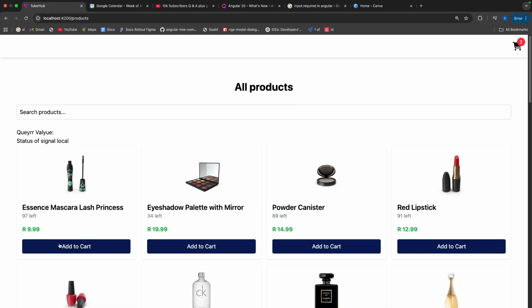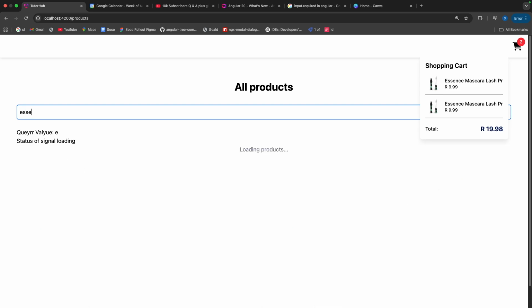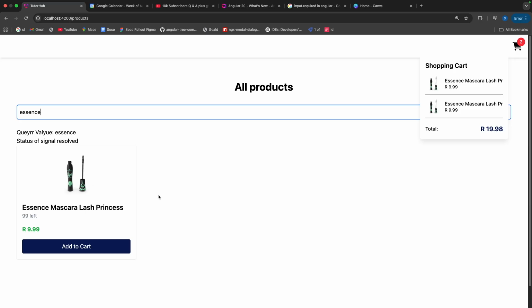As they click that, it should change the products in that cart, and then they can do a search. This search will make an HTTP request based on whatever you're searching, and we'll also be covering debounce, and all of this is going to be done with Angular's HTTP